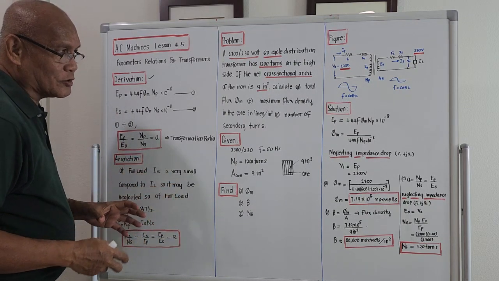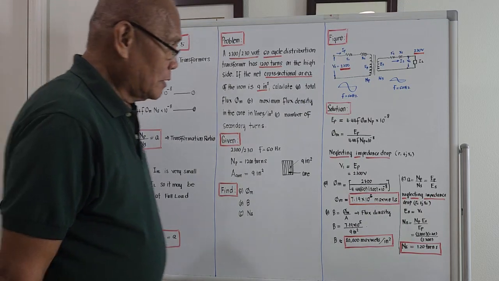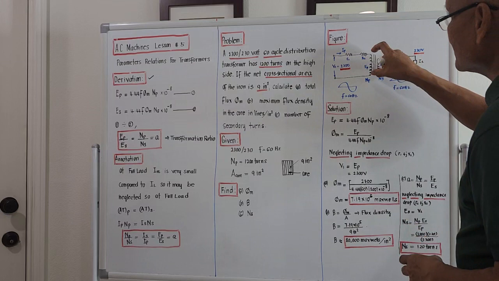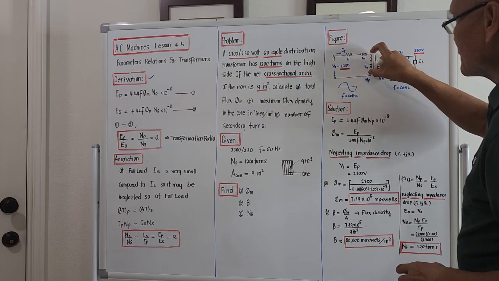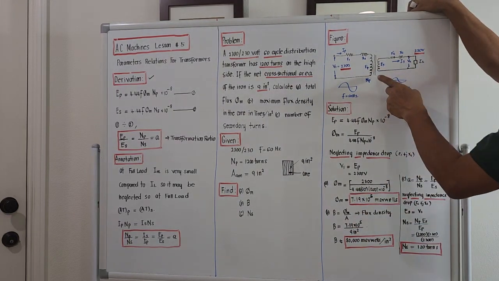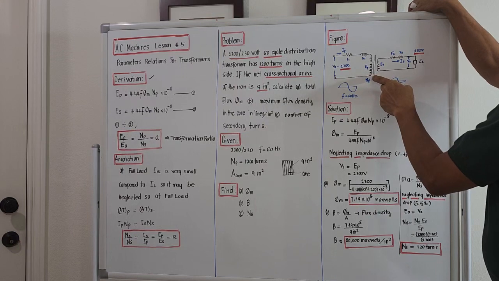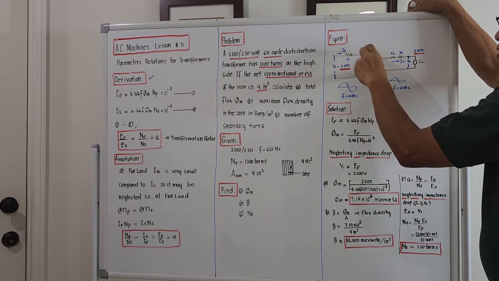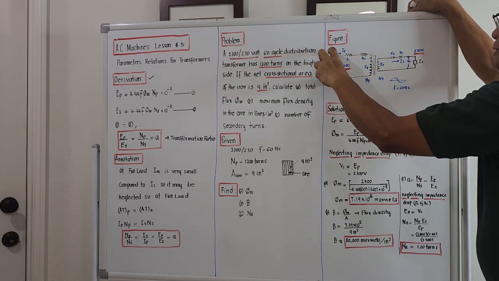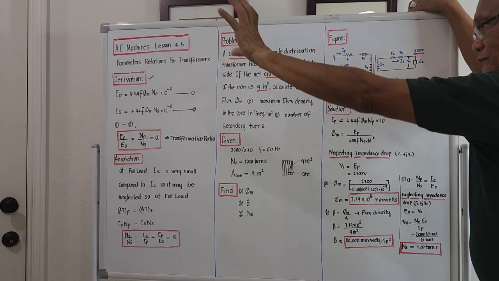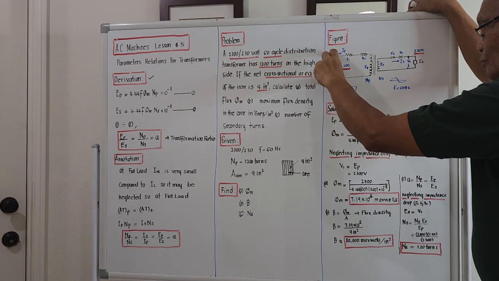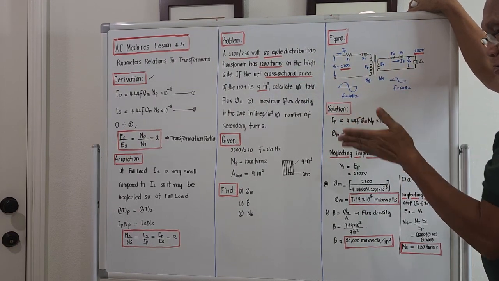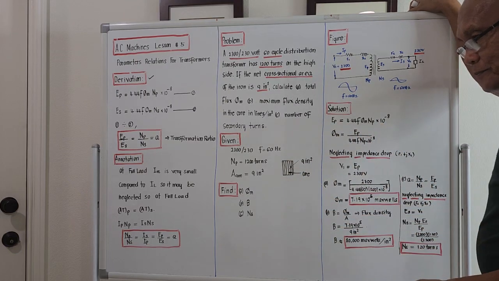Induced voltage is the voltage across the number of turns number 1, that is on the primary. The voltage across this is actually different from the voltage applied coming from the generator side. These two here are different. There is a little bit of difference because whether we like it or not,